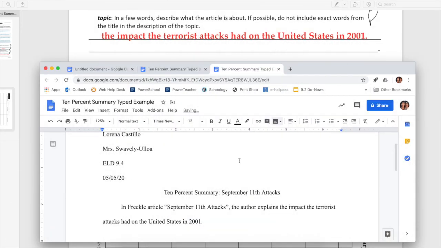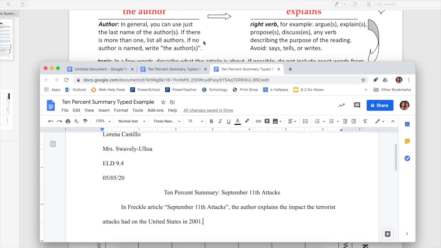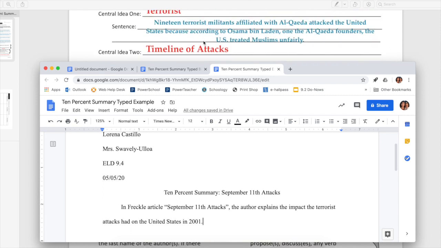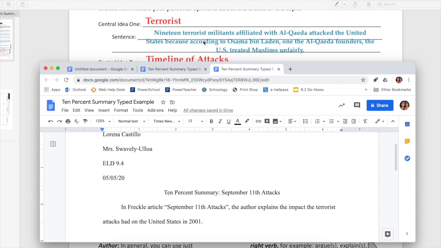All right, so there's our start sentence. And then we're going to go back to the first central idea, and we're going to take that and put that right in. And so, okay, I have my period, and then the next thing that I want to mention and emphasize is